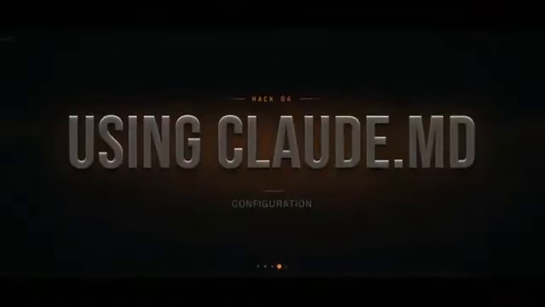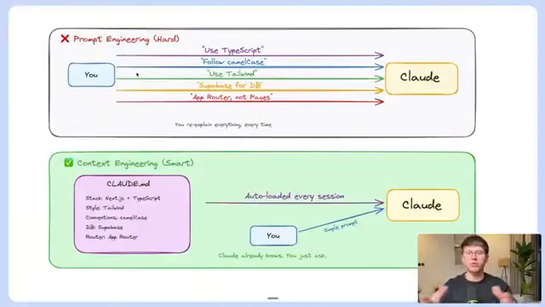The next hack is using Claude.md. So let's say you wanted to make an app, some sort of software app. And you wanted the app to use TypeScript. You wanted all the words to follow camel case. You wanted to use Tailwind. You wanted to use Supabase, and you wanted to use an app router, not Pages. Now, don't worry if you're not really understanding what all these words mean, but understand that these are all rules. And so these rules, you can either tell Claude Code every single time to do all these things, or